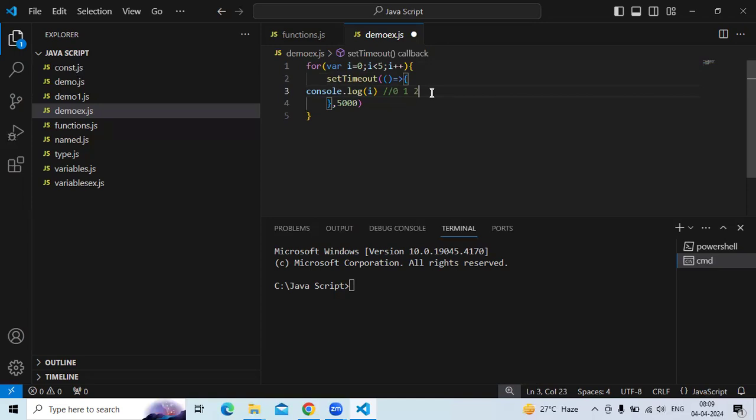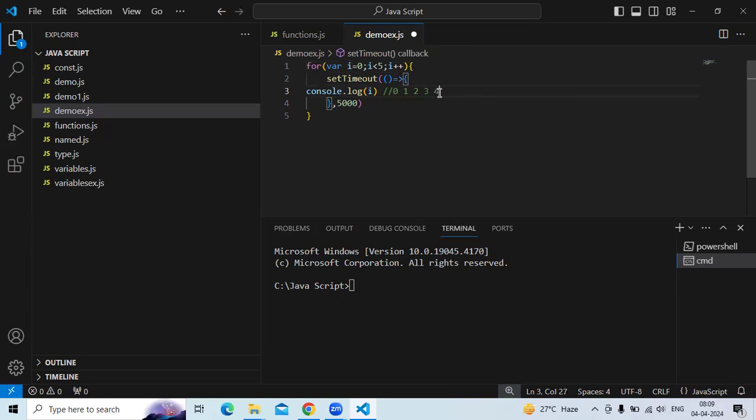Now after each iteration, this i value is incremented by 1. Now the i value is 3. Again checking the condition, 3 less than 5. So it is true, it will go inside the loop and after 5 seconds this 3 value is printed. Now after this iteration, again the i value is incremented by 1. So previously the i value is 3, now the i value is 4. So again checking the condition, 4 less than 5, it is true. So it will go inside the loop and the i value is printed.